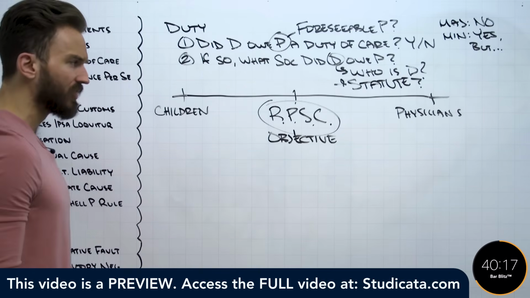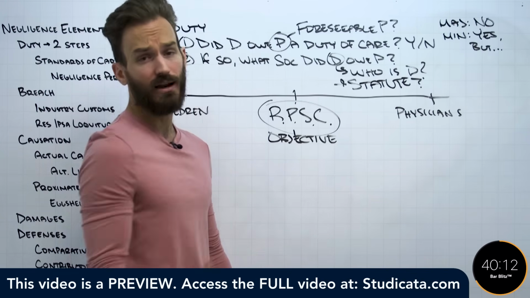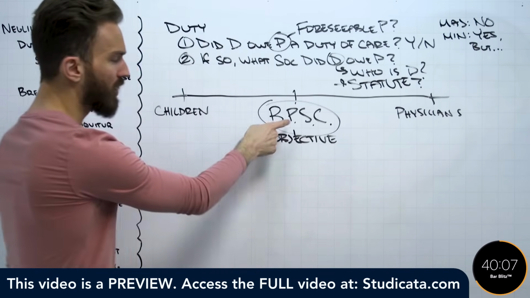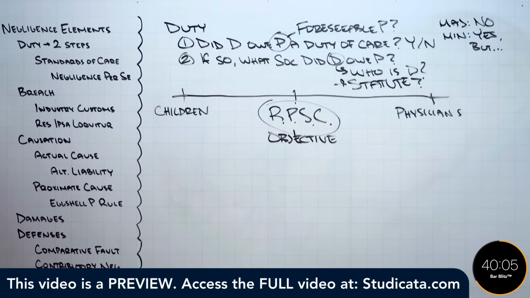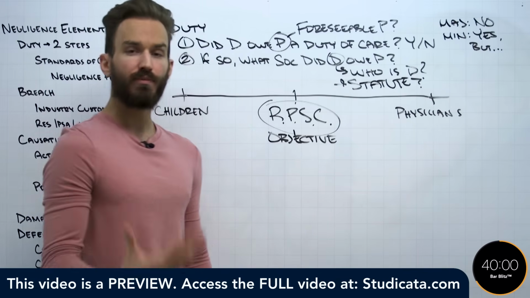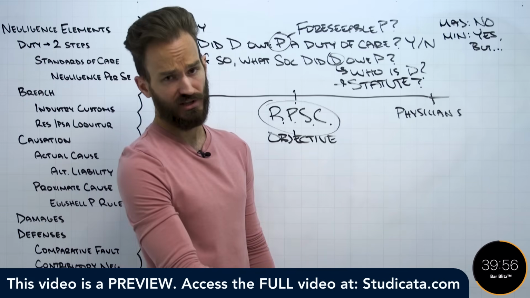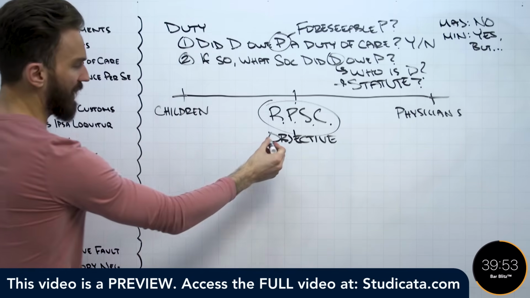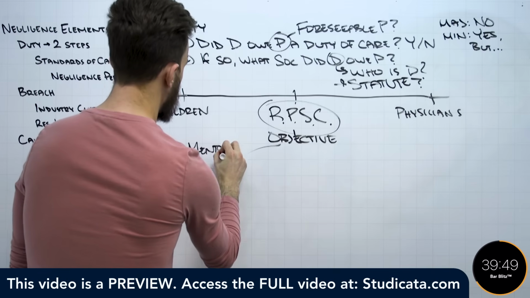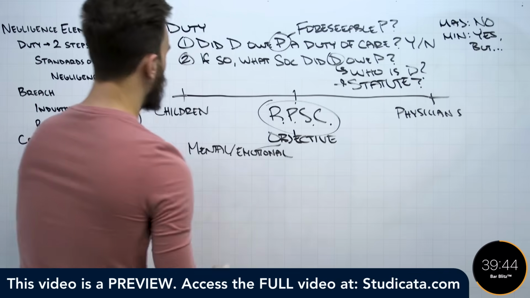It doesn't matter how well-intentioned this particular defendant might have been. The question will just be, what would a reasonably prudent person of ordinary sensibilities have done under like circumstances? So this means we also ignore any types of mental or emotional disabilities. We ignore,